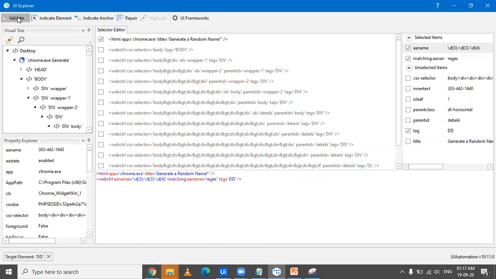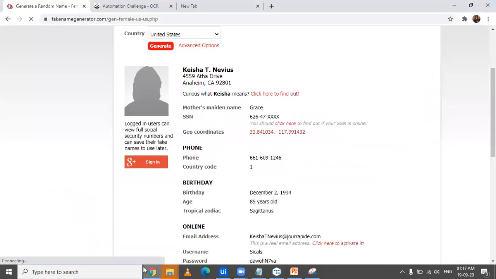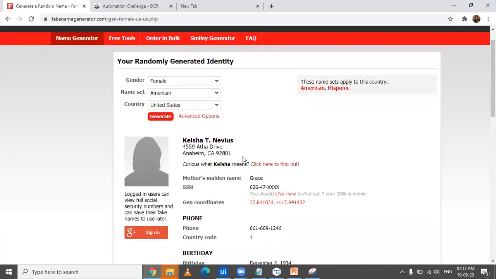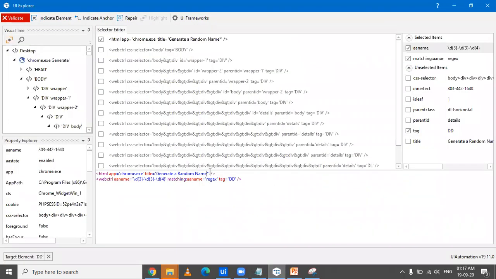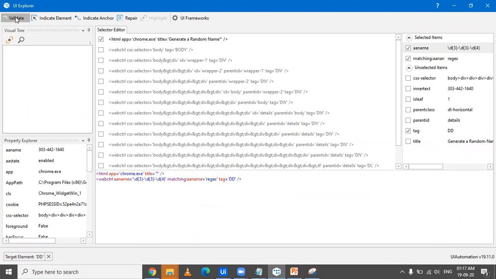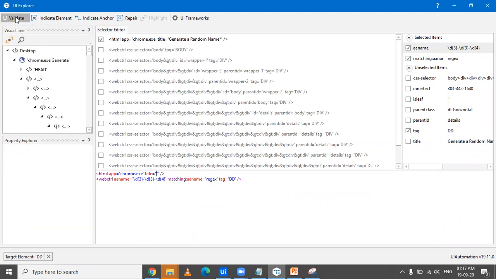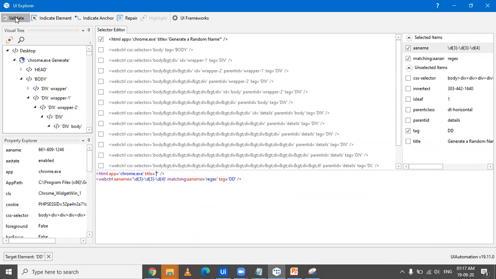And now let's try to click on validate and see if it validates that particular phone number or not. Okay, again, it's not validating. And the reason could be that this thing has got changed. Okay, fine. Yeah. Let's now click on validate. And wait for it to validate, and it has validated.